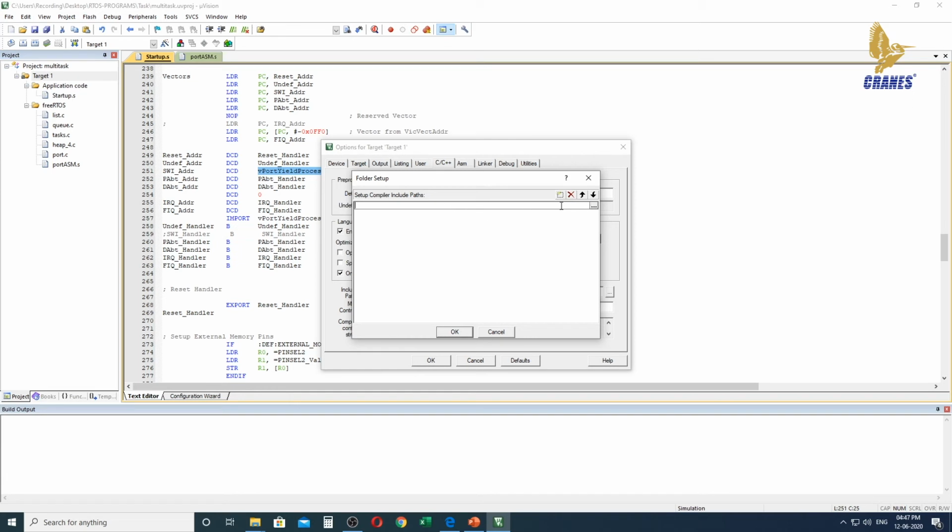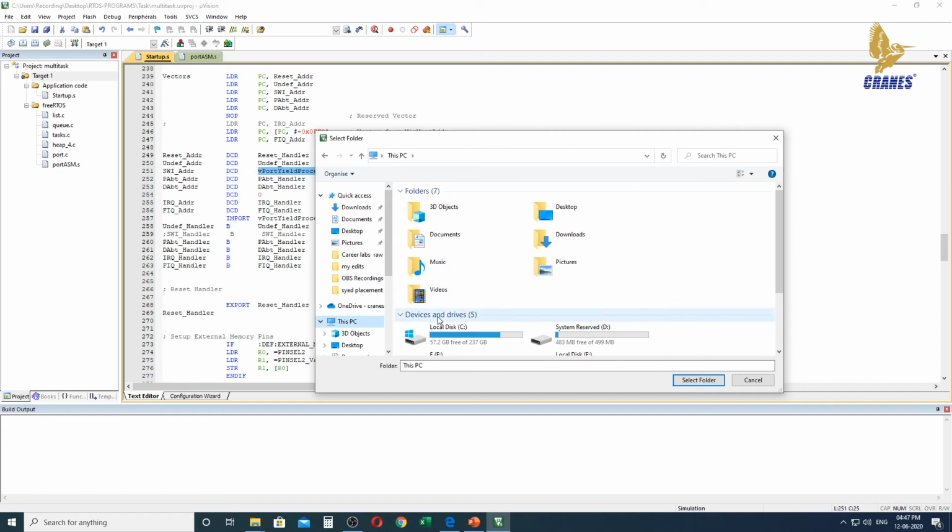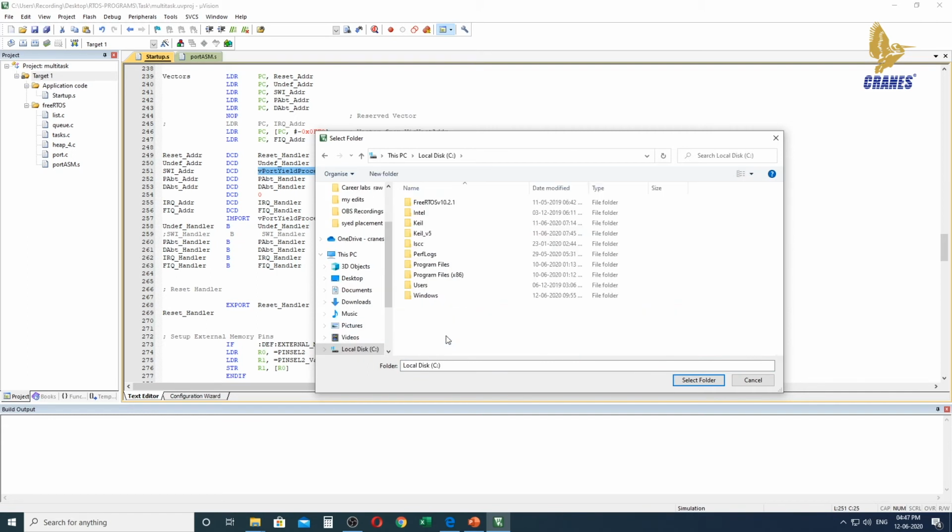Again it will ask you to enter the path. Either you can type out the path where your file is present, or you can click on browse. Under this browse section you need to go to your PC, under which we have the C drive. Under C drive we have FreeRTOS version 10.2.1. Under this we need to get into the folder where our files are present.